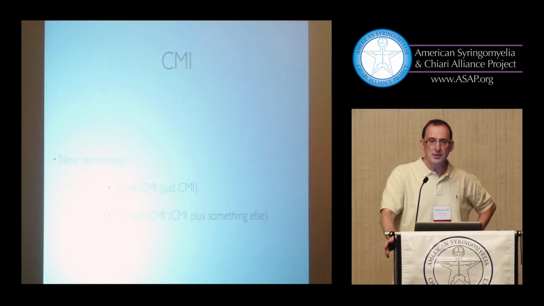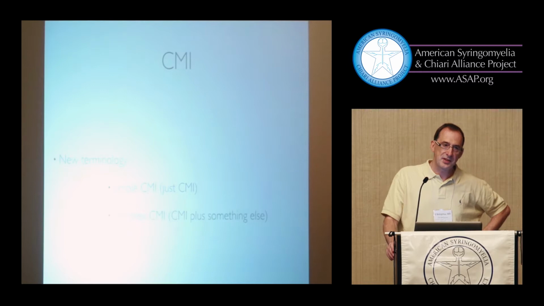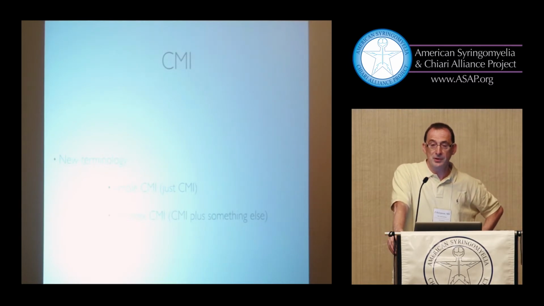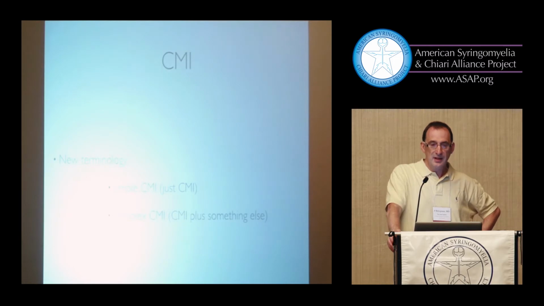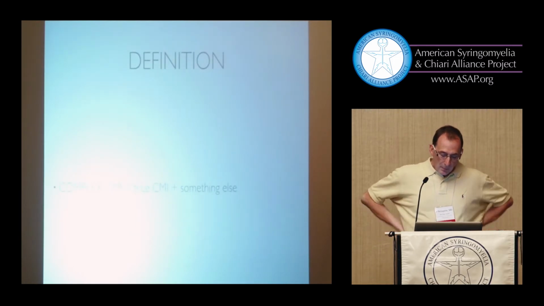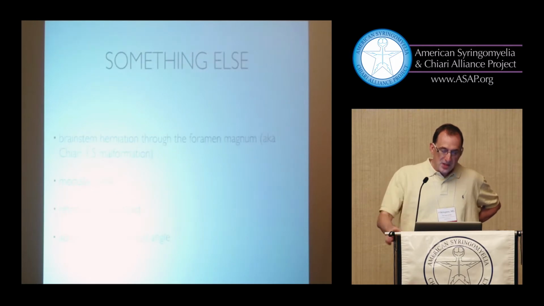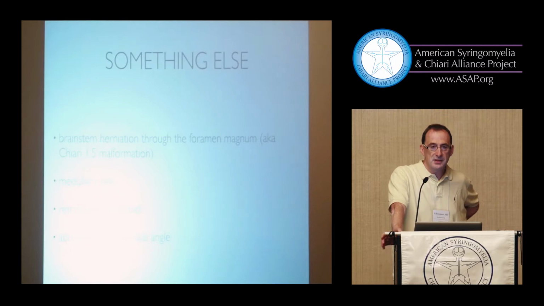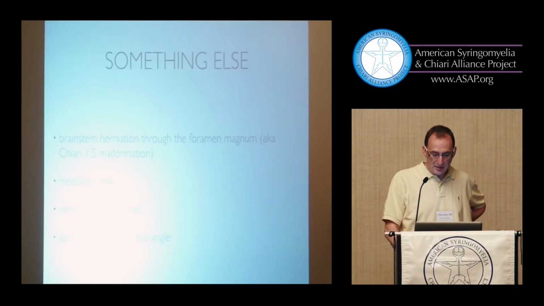On the other part of the spectrum, there is the complex Chiari. The complex Chiari in concept is very similar to the concept of Chiari plus. It is the Chiari plus something else. So what is this something else? In the articles of Dr. Brockmeyer, he makes a laundry list, which is summarized in these 2 slides, and is the brainstem herniation, which is